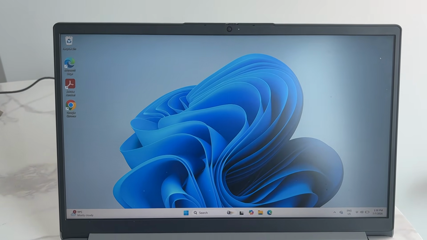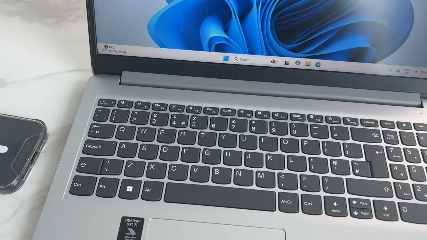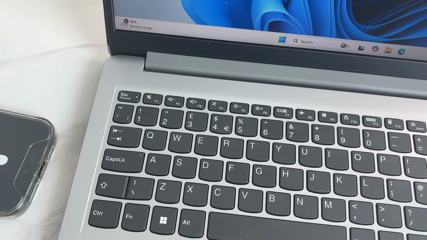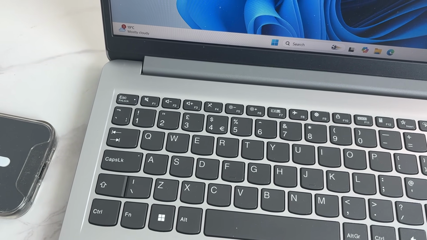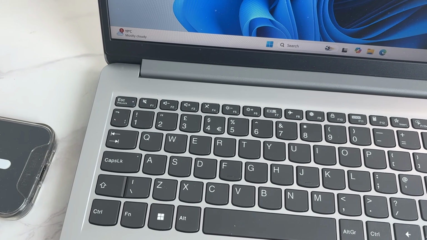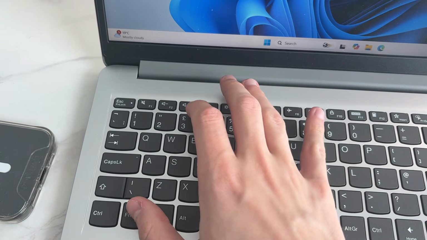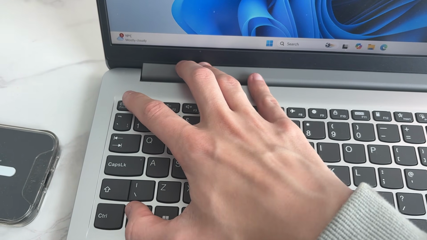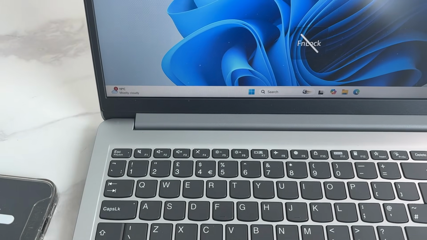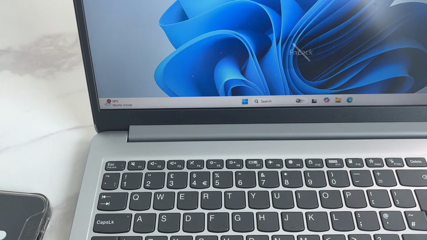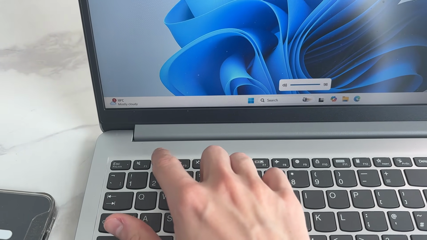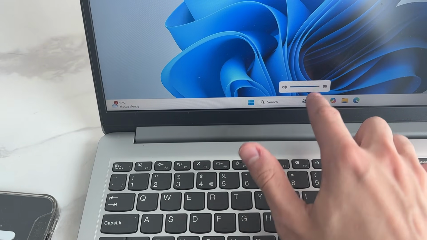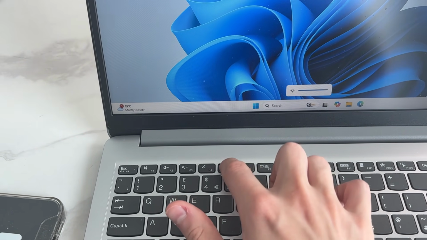It's going to be a key combination on your keyboard. It does vary, so make sure you listen carefully here. What we can do here is press the FN key and escape in this case together. You can see FN lock will now change. Now, when I use the keys, it's changing the volume there,